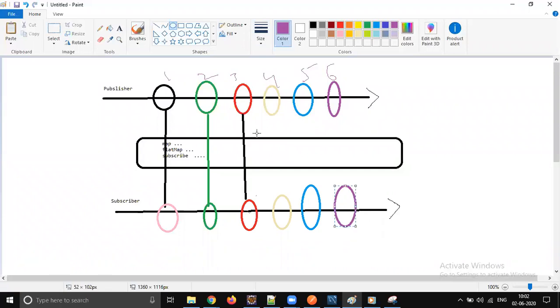This is how the data transformation is going to happen. If there is no exception, the data will be successfully transferred, and finally the publisher says the data was successfully processed.